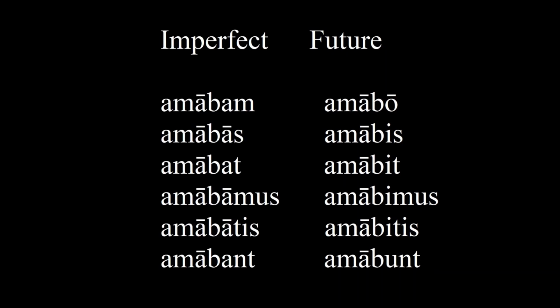Latin also had a future tense, but this was completely replaced in Vulgar Latin, and hence none of the Romance languages use it. It is thought that the future conjugation fell out of use because it sounded too similar to the imperfect tense, as can be seen in this chart. Instead, Vulgar Latin, and hence the Romance languages, replace this form by attaching the verb habere to the infinitive form